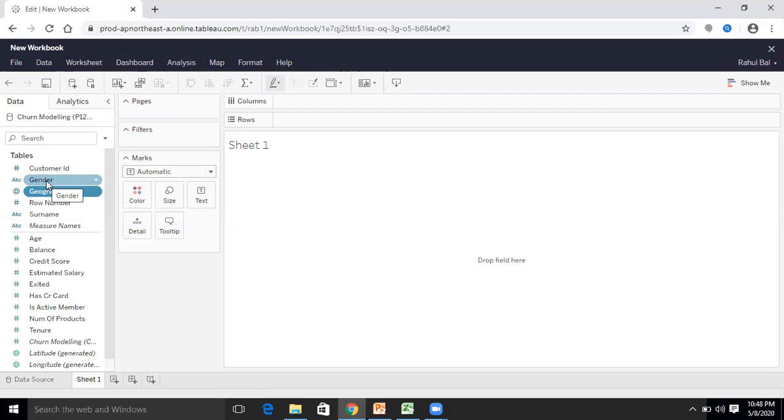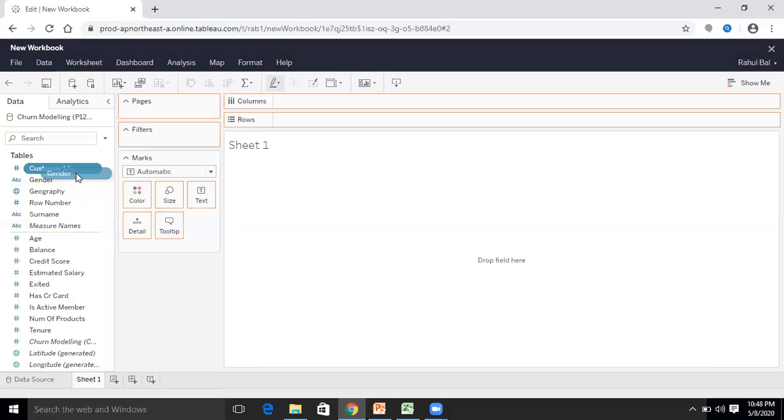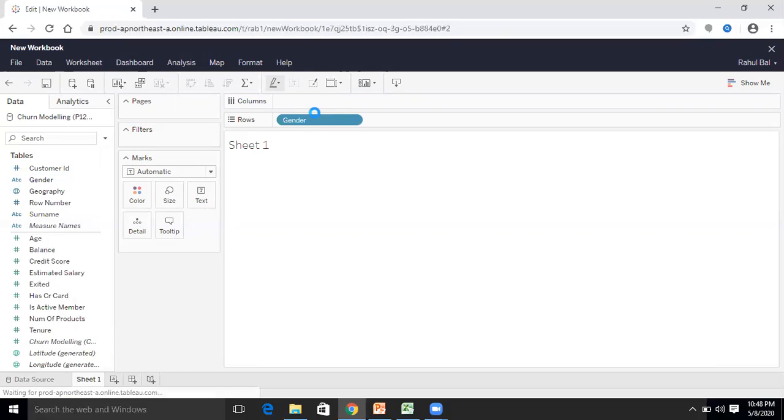I want to show this in terms of a bar graph. So for this purpose, I will place this gender dimension into the rows section, so that it will create two rows, male and female.